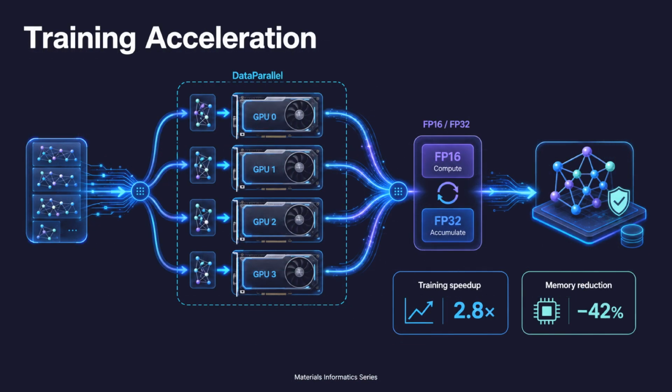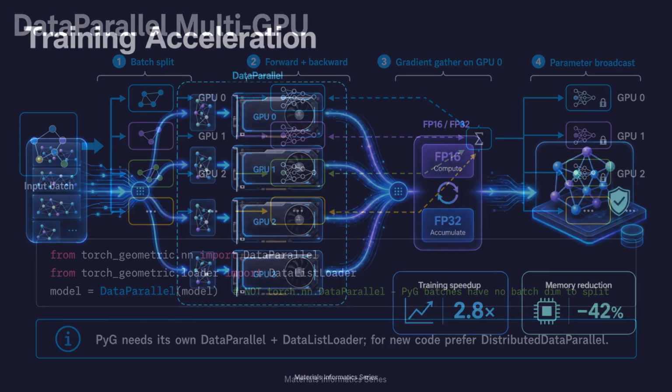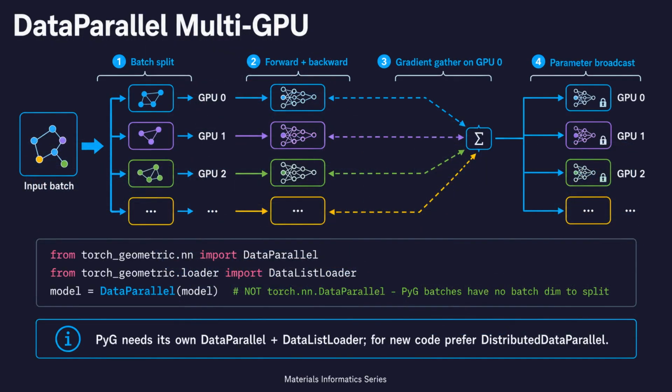Let's explore how to accelerate training using multiple GPUs and mixed precision computation. PyTorch's data parallel provides simple multi-GPU training. The batch is automatically split across available GPUs. Forward and backward passes execute in parallel on each GPU. Gradients are gathered on GPU 0 for parameter updates, then the updated parameters are broadcast back. One catch,